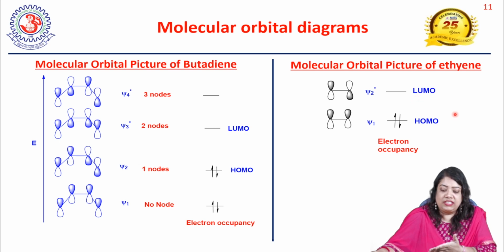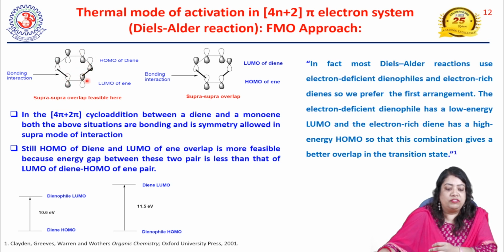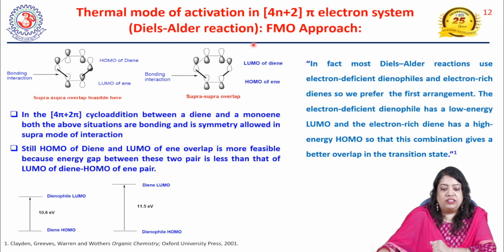When this Diels-Alder reaction takes place, that means when a 4n plus 2 thermal cycloaddition takes place, what happens? The HOMO of the diene interacts with the LUMO of the ene. So the HOMO-LUMO interaction is shown here. Here the orbital overlap takes place in a supra-supra manner. That means the orbitals overlap on the same side together to give a bonding interaction. According to the frontier molecular orbital approach, the HOMO of the diene reacts with the LUMO of the ene to give a bonding interaction in the cycloaddition